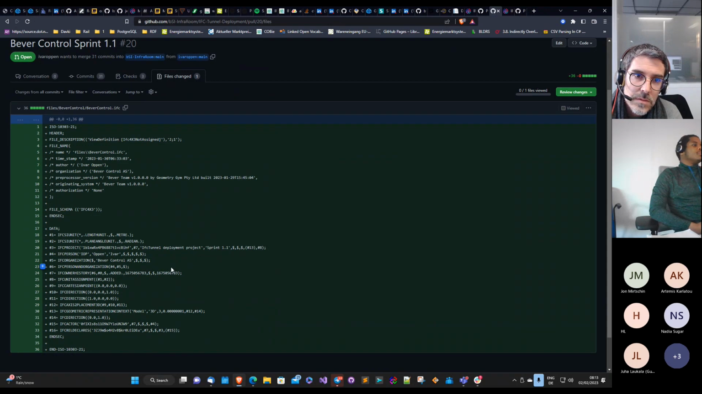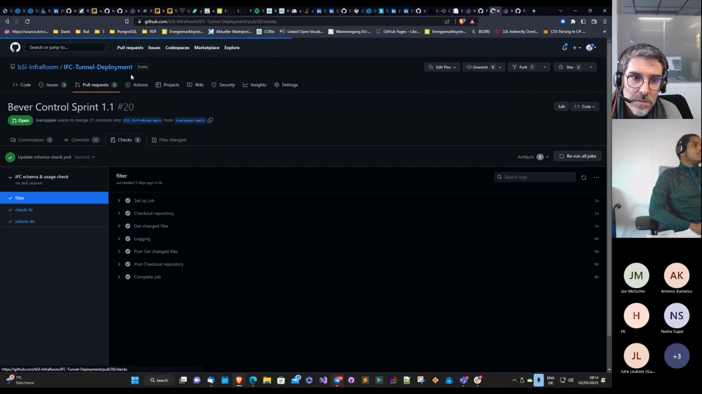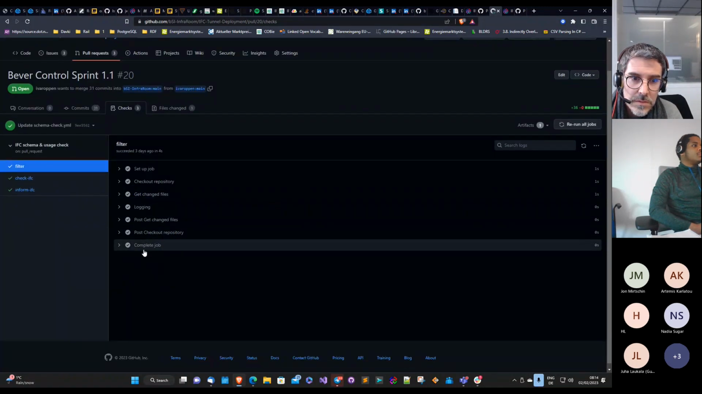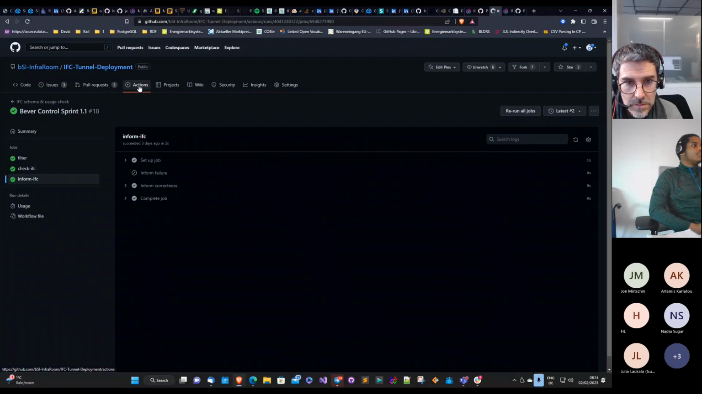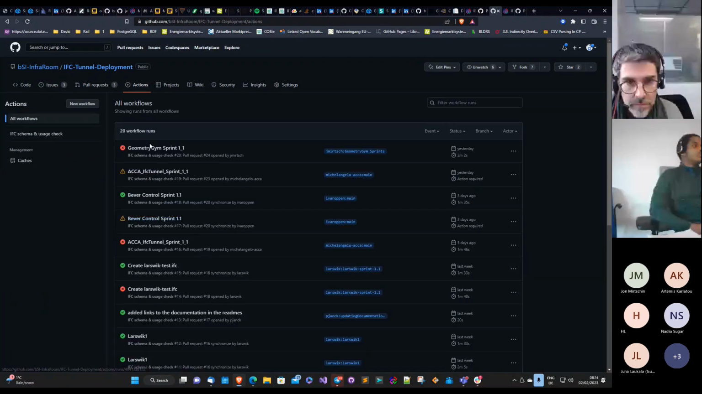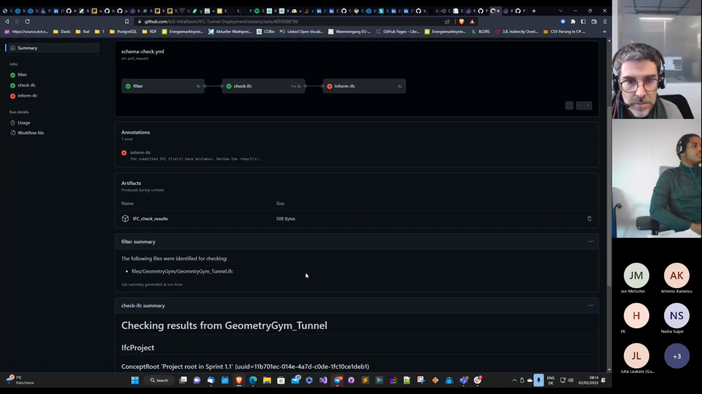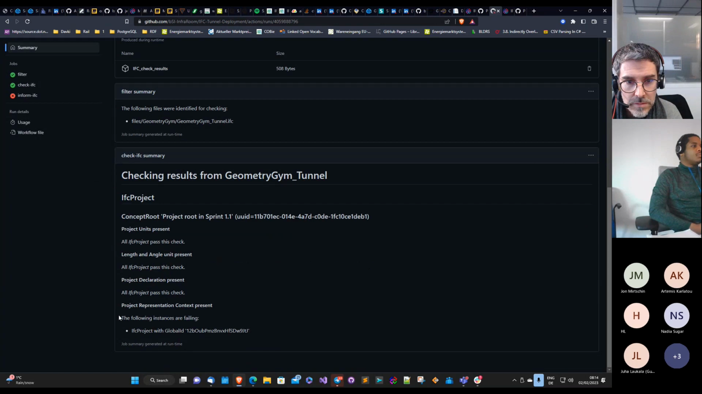the workflow gets triggered where you get the check. This one was okay, but in the end, let's look at one that has a report. The check gets triggered, and it gives you a high-level report. Of course, you can then ask questions and raise issues if you don't understand something. But this one, for example, failed project representation context, and